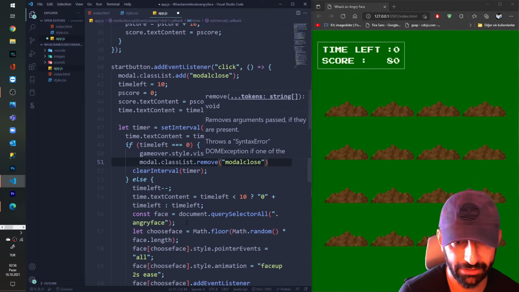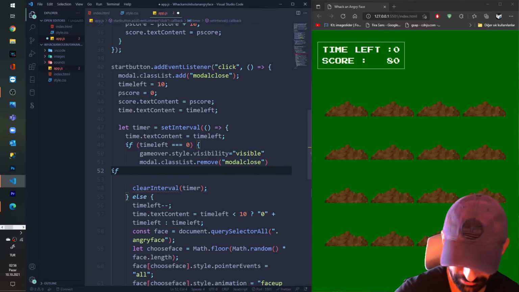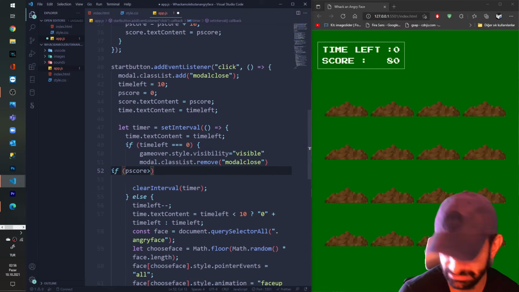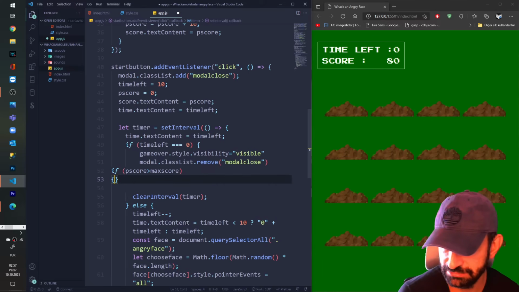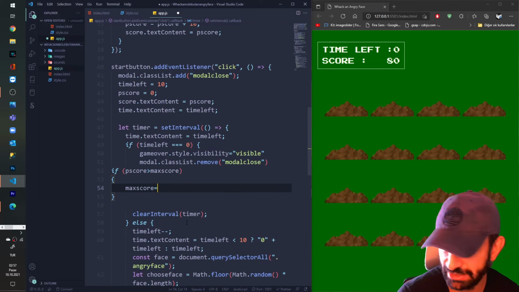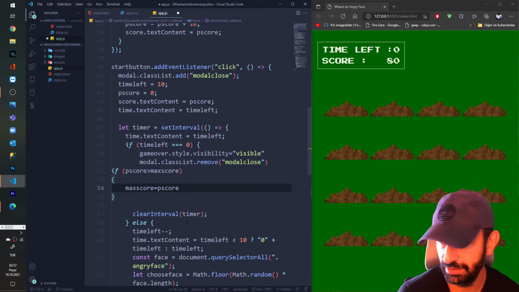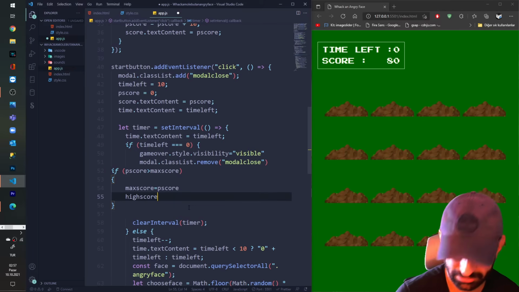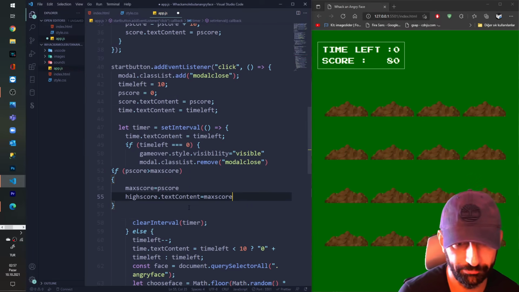and display my, now here is the tricky part, the high score. If player score is greater than maximum score, okay, then I say maximum score is player score, and then I display to my high score text content, I say maximum score.